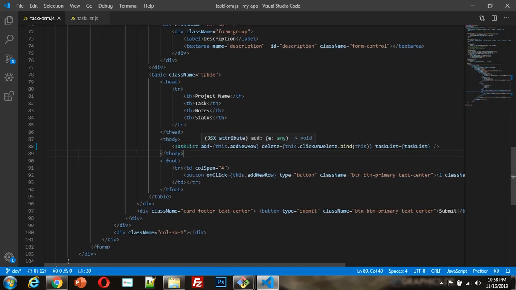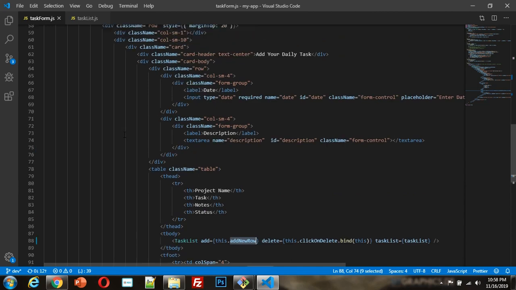You can see here I am using add, and here I use delete. This is the method, and it will go to this.click, this.addNewRow, and addNewRow is basically a method that handles all these things.